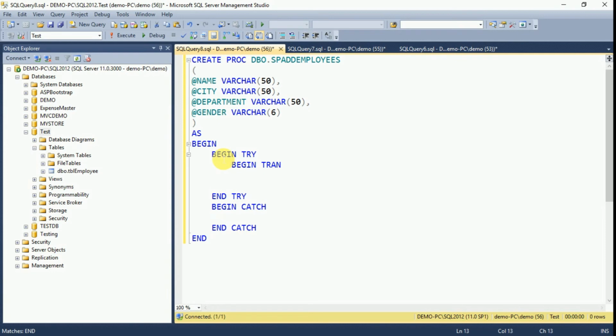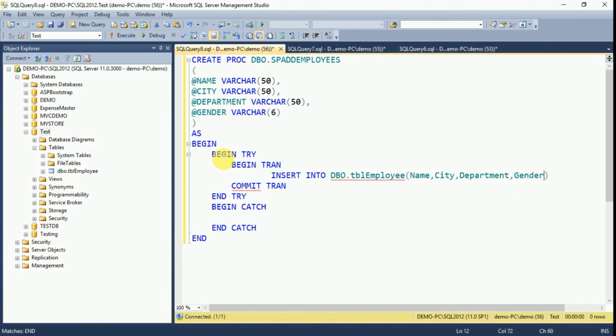Then here we have to commit the transaction. Here I am inserting records into table employees and here we have to provide the column names. Here we have to provide the values of these columns, that is name, city, department and finally gender.